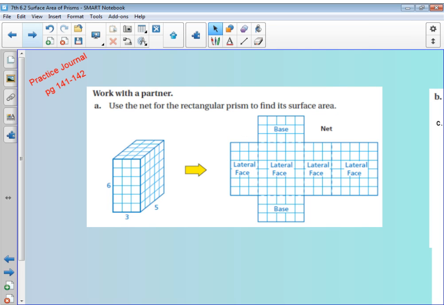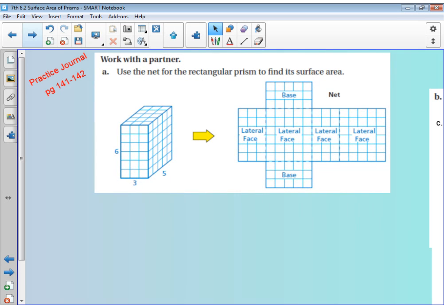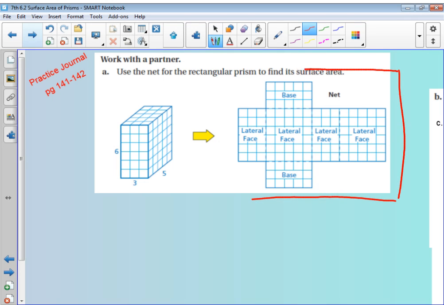Okay, so the practice pages out of your journal are pages 141 and 142. So we'll be working through some of these together and then I'll have you work on one on your own. So here it says, use the net for the rectangular prism to find the surface area. Some of you are going to be comfortable with maybe not needing this net, but we're going to practice drawing them